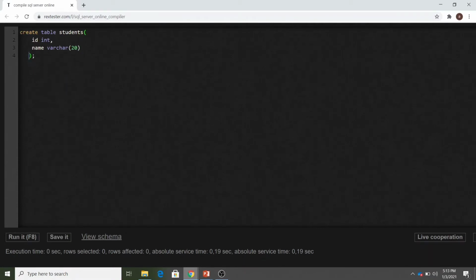Now suppose you want to check whether these fields are actually added. So there is one command, that is execute sp_columns and the name of the table. This command is basically a stored procedure. We will discuss stored procedures in later videos. For now, you can just say that with the help of this command, we can actually describe the schema or the columns of the table that are present.